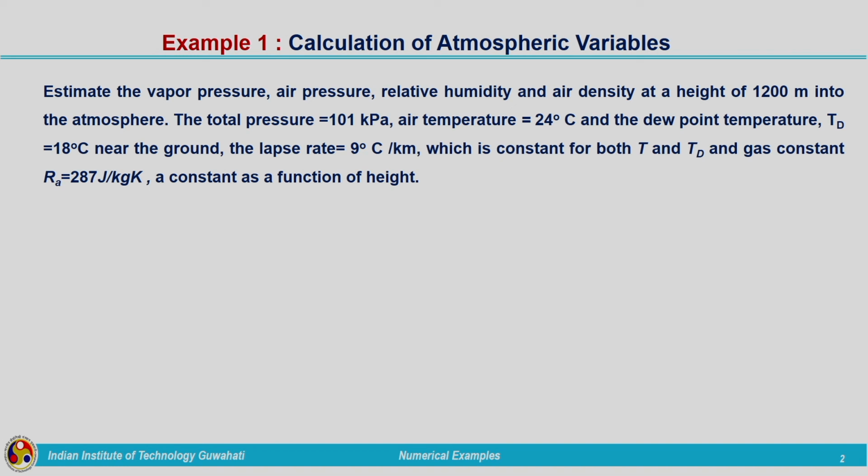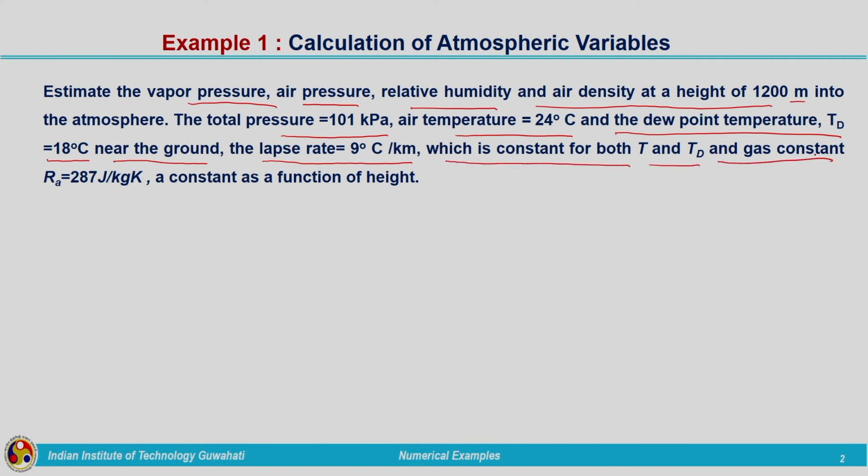Let me read out the question. Estimate the vapor pressure, air pressure, relative humidity and air density at a height of 1200 meters into the atmosphere. The total pressure is equal to 101 kilopascal, air temperature is equal to 24 degrees Celsius and the dew point temperature TD is 18 degrees Celsius near the ground. The lapse rate is equal to 9 degrees Celsius per kilometer, which is a constant for both T and TD,